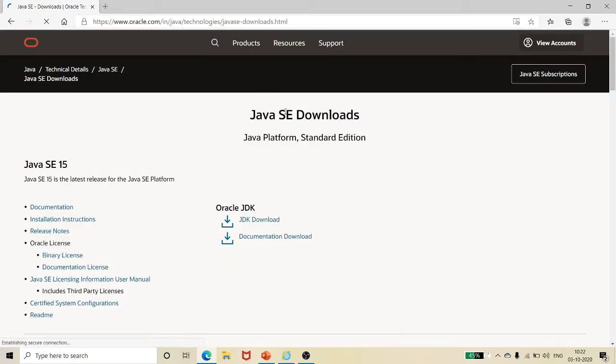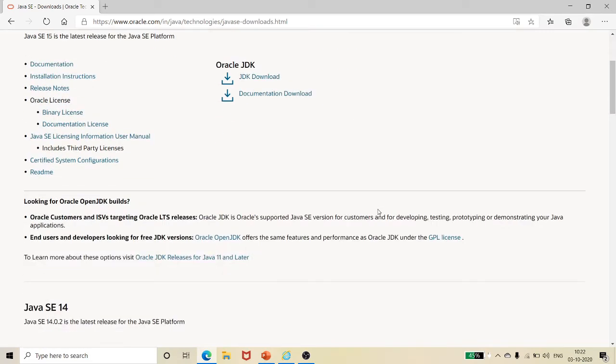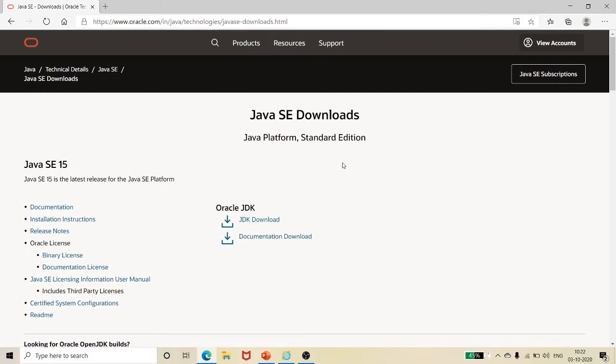Obviously it comes under the Oracle website. There you initially need to give your credentials and everything, and then you download the latest JDK. There is no problem in downloading any kind of JDK, but it will be better if you download the latest version. I have downloaded JDK 14 actually. So from this website you can download your JDK file.